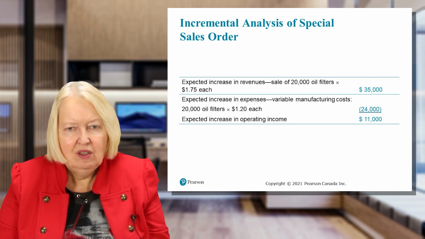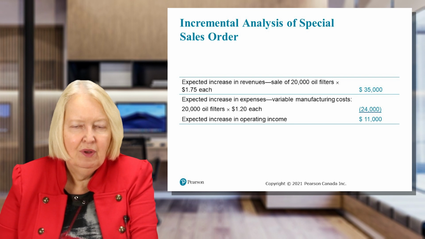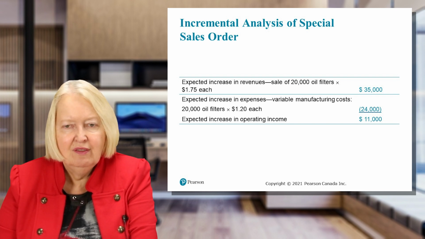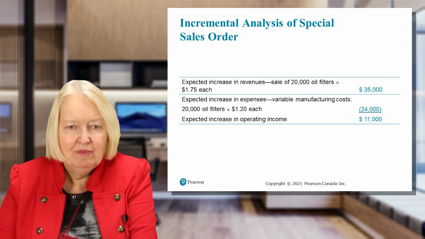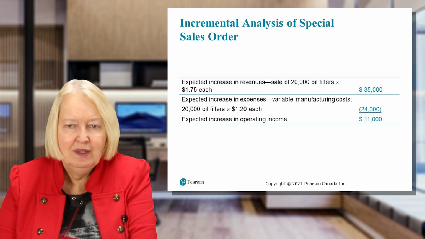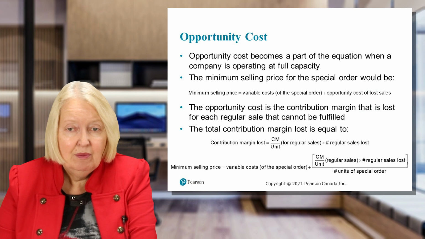So here, if you have a special order, for example, to sell 20,000 oil filters at $1.75 each, that would give you $35,000. But of course, you've had to manufacture those, and that's going to cost $1.20 each, $24,000. So it seems like a pretty good idea because you're going to increase your income by $11,000. But sometimes